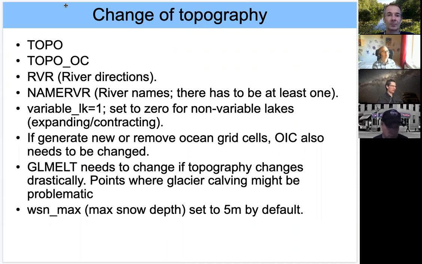Topo OC is pretty much the same for ocean topography, a little more simple. Basically, you specify the bathymetry of your ocean. RVR is the river directions file. So if you want rivers to flow through your land surface and take water from one cell to another, like